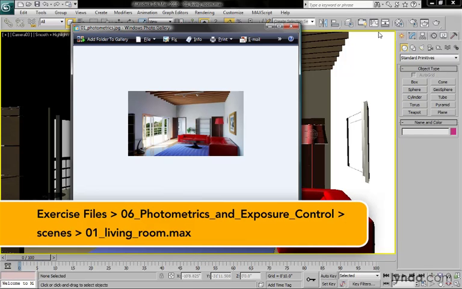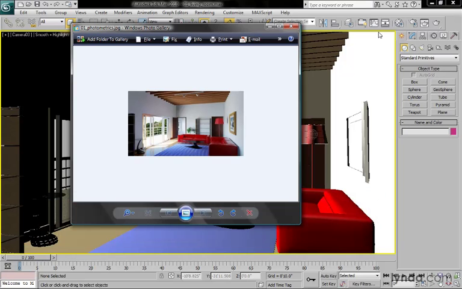These images do take a while to render. This one took about 3 minutes to render on a fairly fast machine. You'll see it's a pretty small image size and it took quite a while, so be prepared for that. In these exercises, at this stage, I don't want to use the version that has all the materials because that's going to take a lot longer to render. So I'm going to open up another version of this scene that just has a blank white material, and we'll start from there. But I just wanted to show this to you to give you a little taste of the